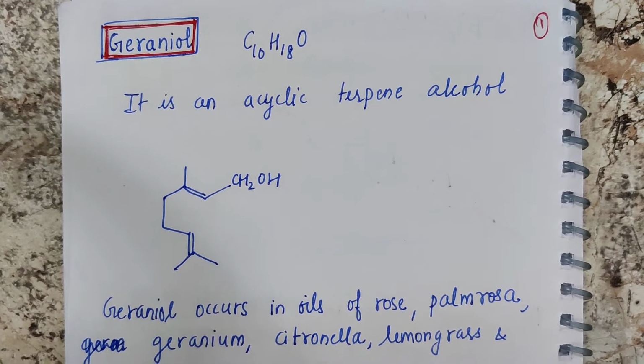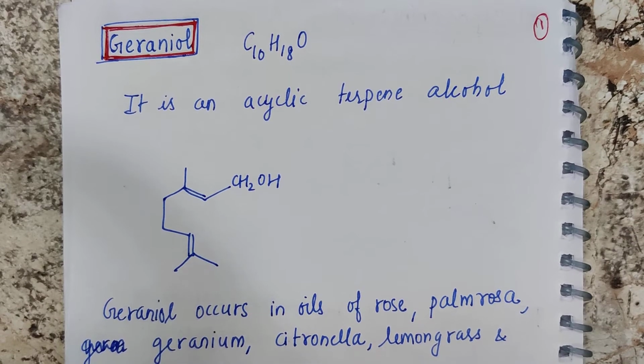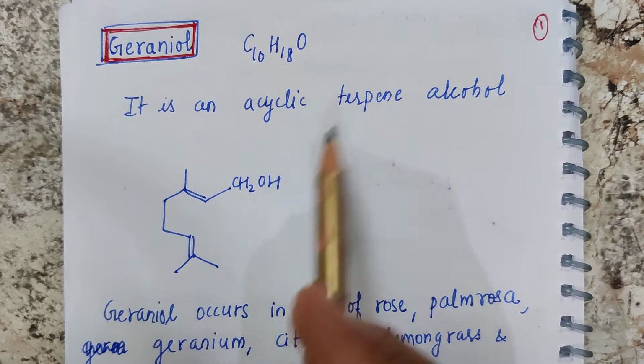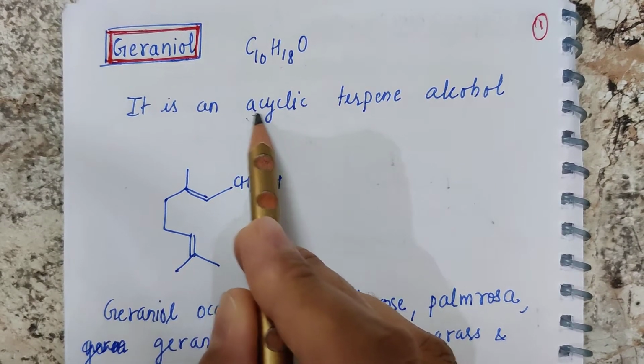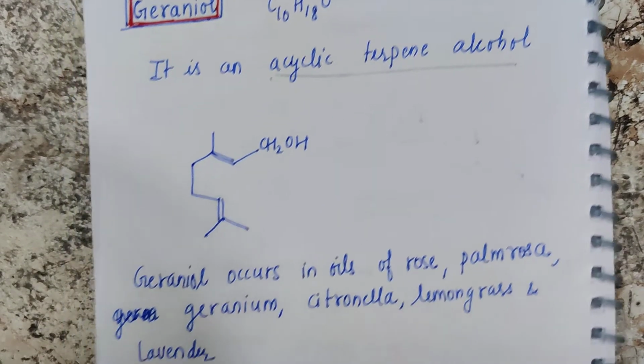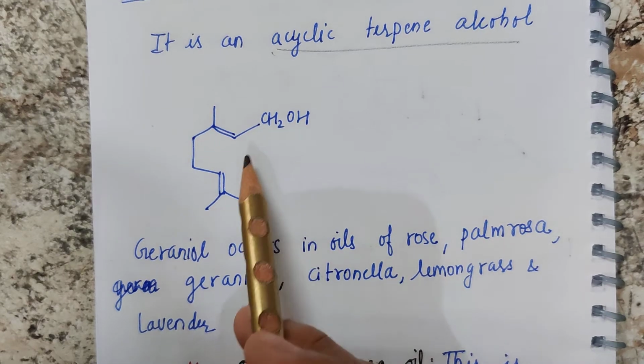Geraniol we have to study. It's a type of terpene. It has a molecular formula C10H18O. It's an acyclic terpene alcohol. That means it's not a cyclic compound. If you see, this is the structure,